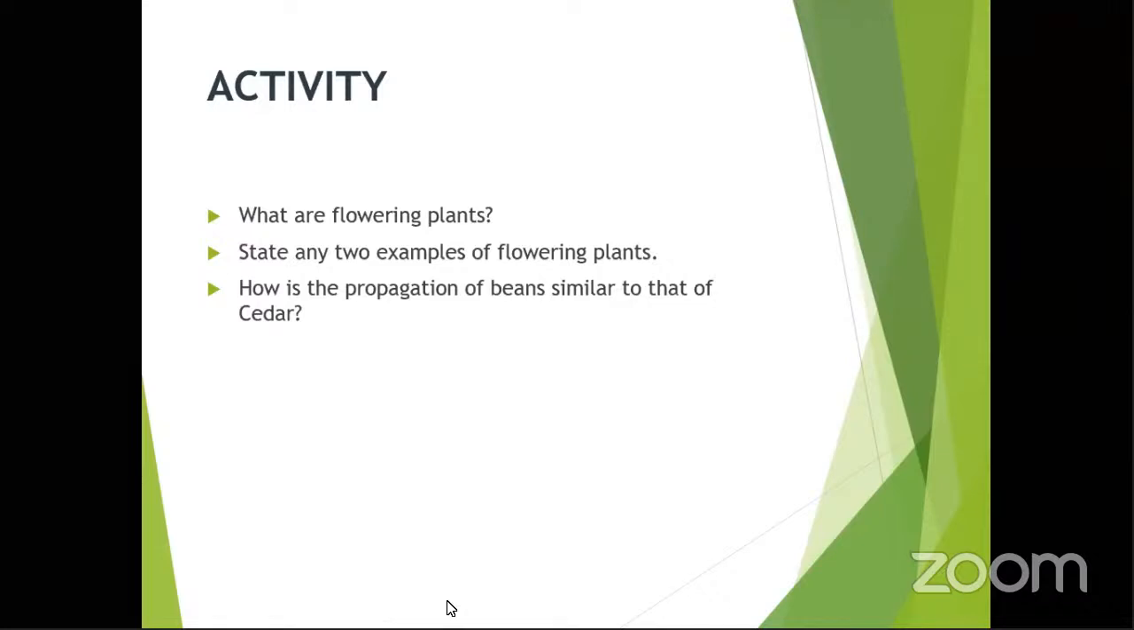A cedar is a non-flowering plant. It is a non-flowering plant and a conifer. How are they similar? We say that non-flowering plants are divided into 2. We have the spore-producing plants and then the conifers. The spore-producing plants reproduce by means of spores. The conifers reproduce by means of seeds. That's why here they are asking us how